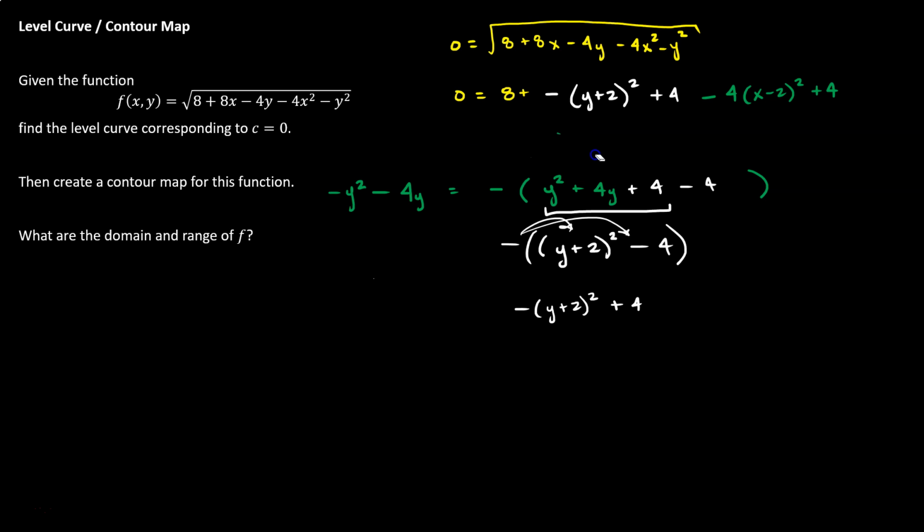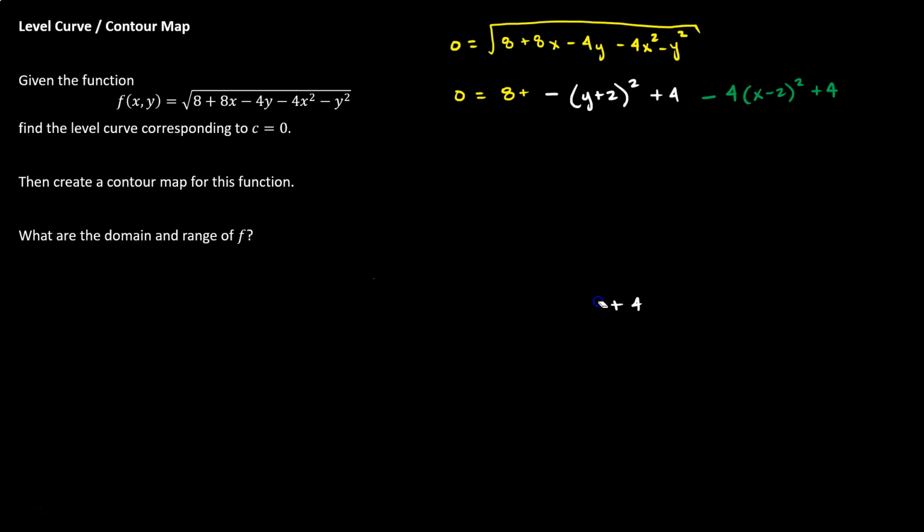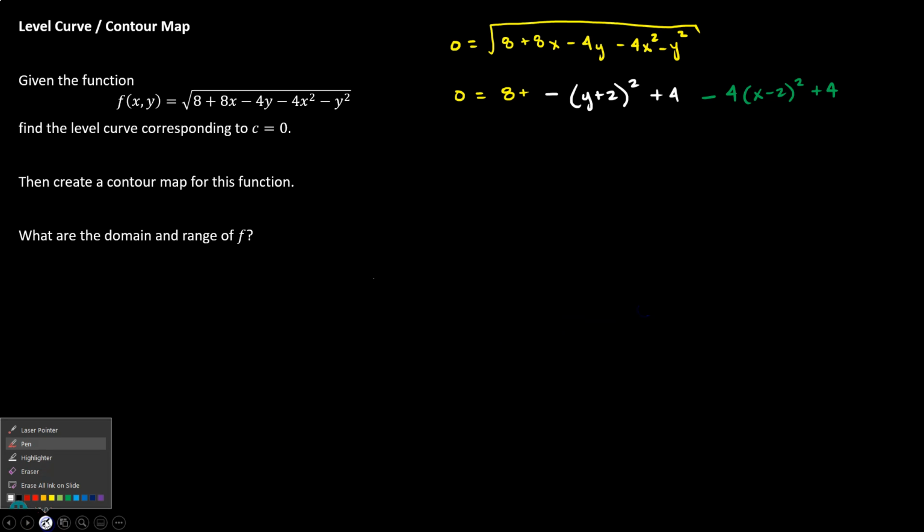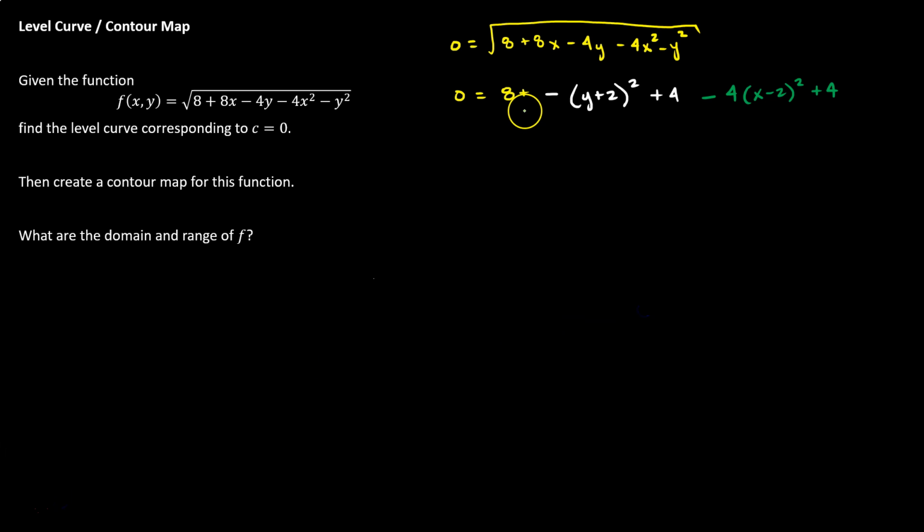Now all of that is going to allow us to rewrite this equation where we've grouped together all of the x terms, and grouped together all of the y terms. It'll be much easier to work with this version of our equation. I've got some constants that I'd like to combine. I have 8 plus 4 plus 4, so we've got 0 equals 16, and then minus the two factored terms, so minus y plus 2 squared minus 4 times x minus 2 squared. If I add those two binomials to both sides of my equation,